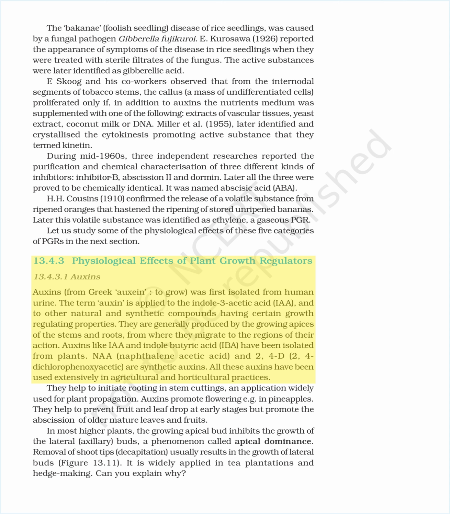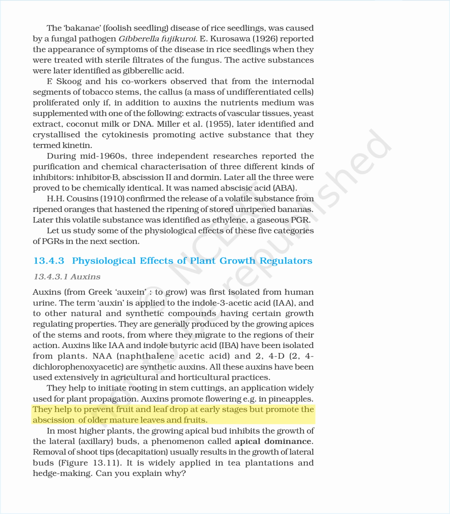Auxins like IAA and indole butyric acid, IBA, have been isolated from plants. NAA, naphthalene acetic acid, and 2,4-D, 2,4-dichlorophenoxyacetic acid, are synthetic auxins. All these auxins have been used extensively in agricultural and horticultural practices. They help to initiate rooting in stem cuttings, an application widely used for plant propagation. Auxins promote flowering, e.g. in pineapples. They help to prevent fruit and leaf drop at early stages but promote the abscission of older mature leaves and